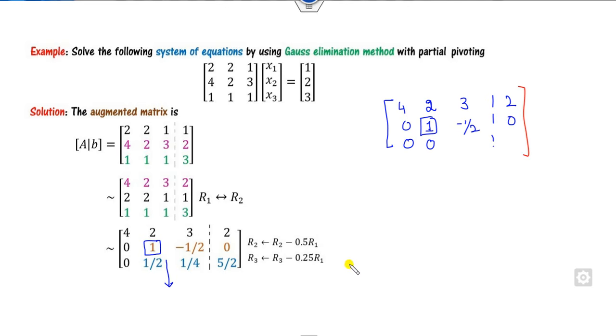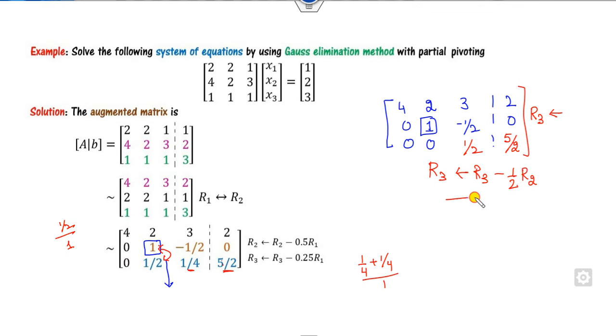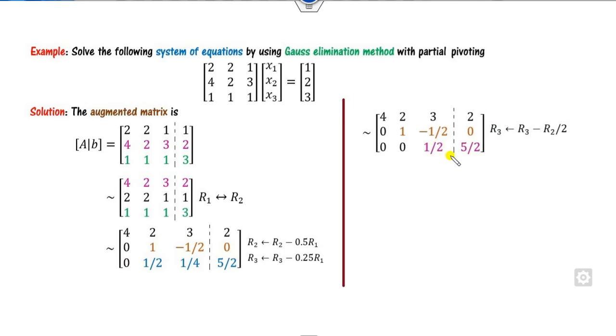What is that? 1 by 4. Okay. Minus plus 1 by 4 divided by the box element. So this is half. Next value, for calculating this, it is 5 by 2 minus 0. It is 5 by 2. So what will the operation be? You can write this operation as R3 minus, because the diagonal entry is R2. So what is the opposite ratio of this? Half over 1. So this is half, diagonal entry is R2. So either you can write it as R3 minus half R2, or you can apply this using the diagonal entries.